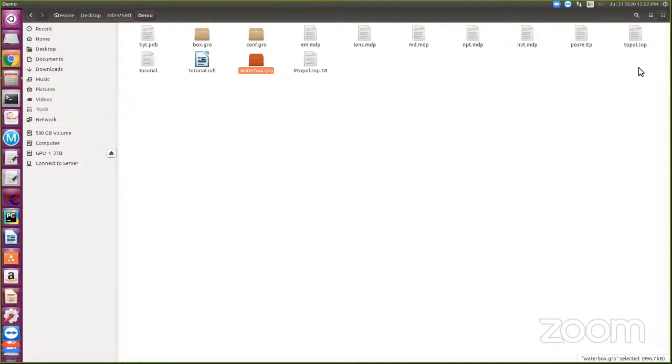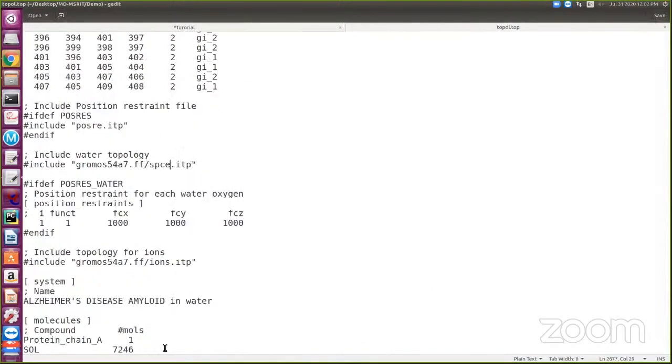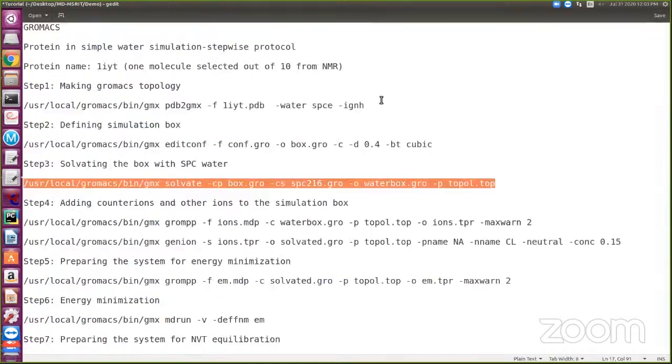More number of SOL is added, but generally we can use, for example, a different dt instead of 0.4. This is 7,246. Now this topol.top, that means the water box, is ready.